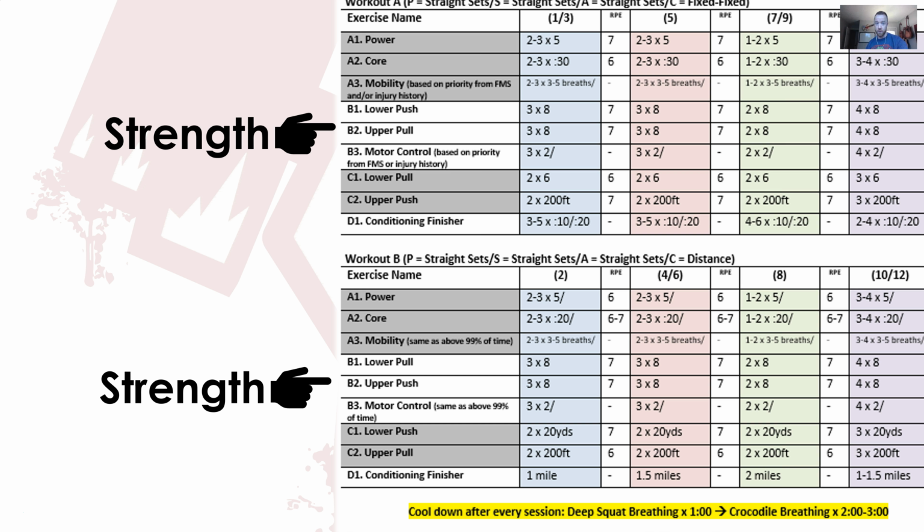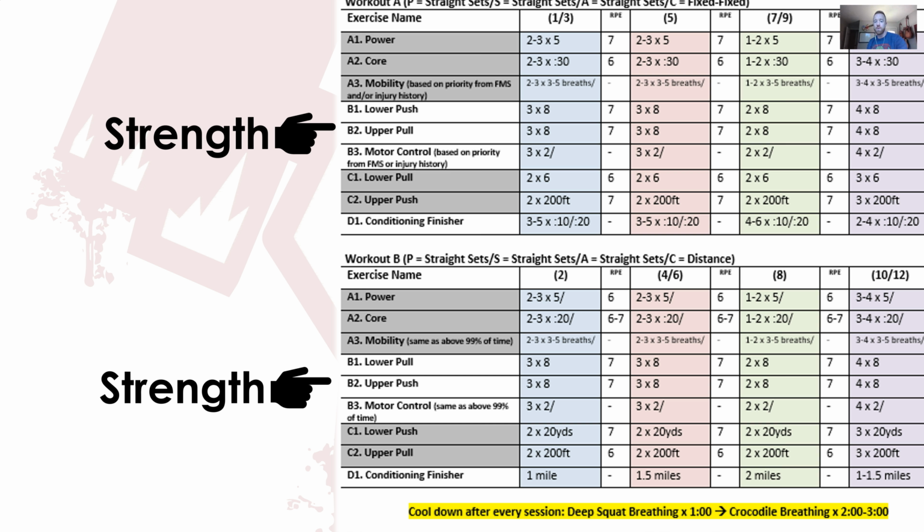Then they're going to learn, or be reintroduced to, because they did it in their personal orientation, their lower push, 8 reps, upper pull, 8 reps, and their motor control drill, 2 on each side. They're going to do that 3 times. So between the learning and the doing, again, the fatigue can really be adding up here. It's a lot to take in, especially if they're newer and their training age is a lot lower.